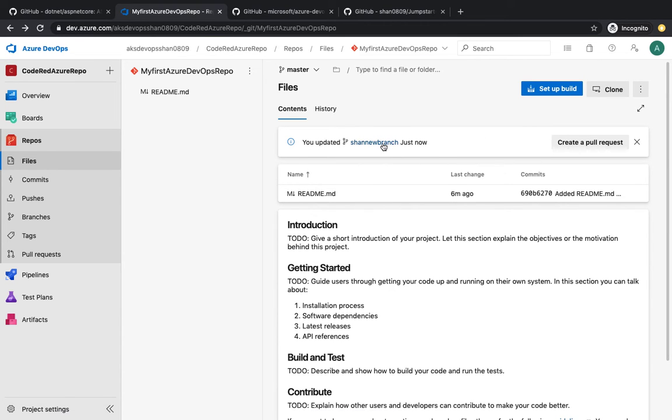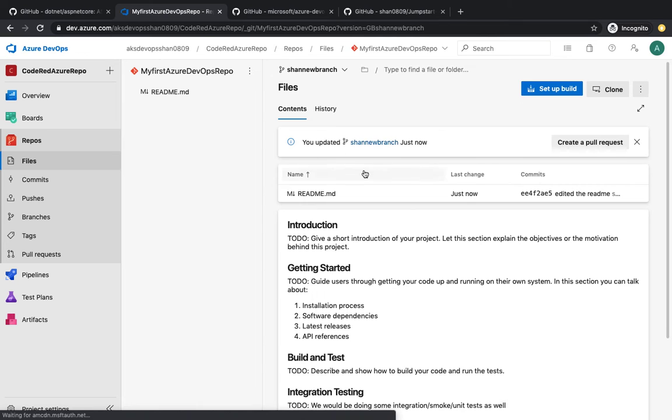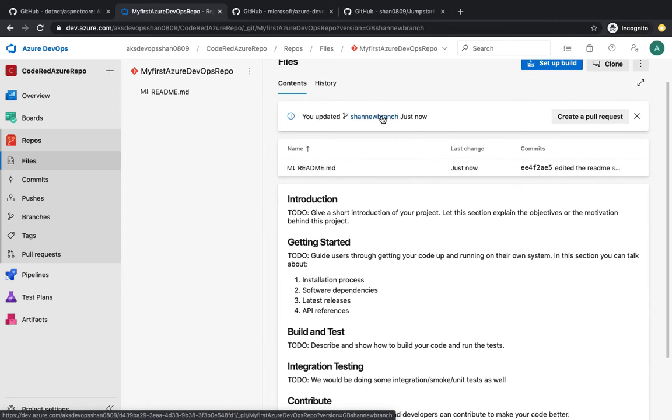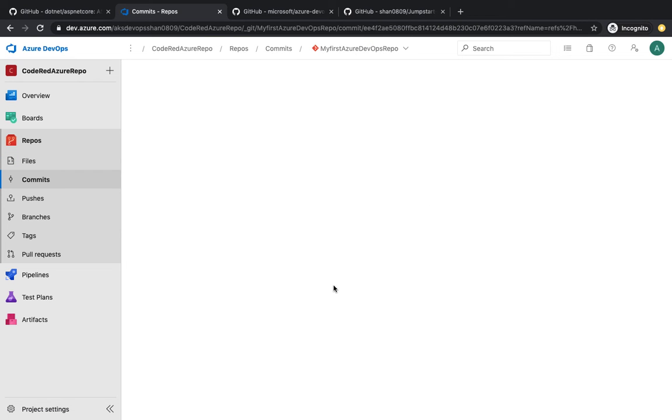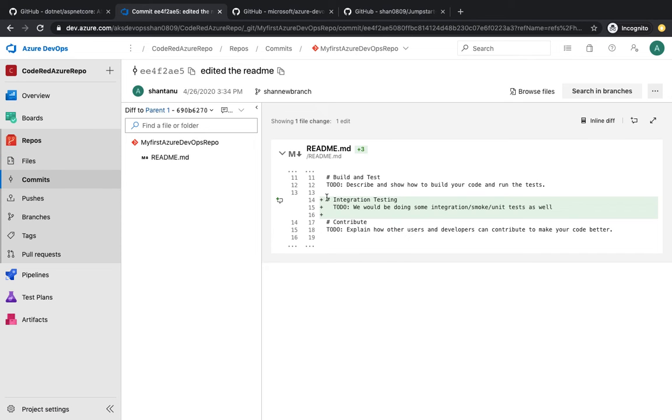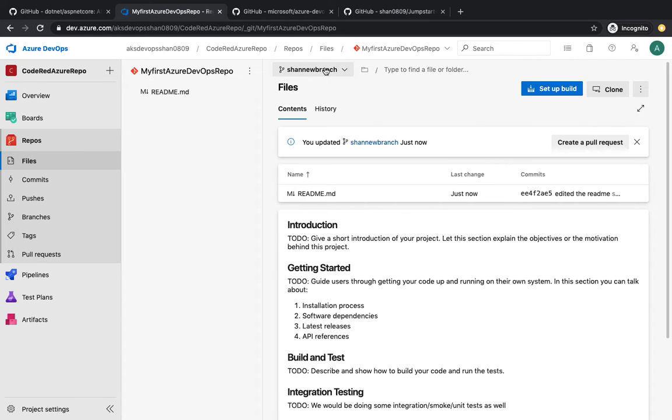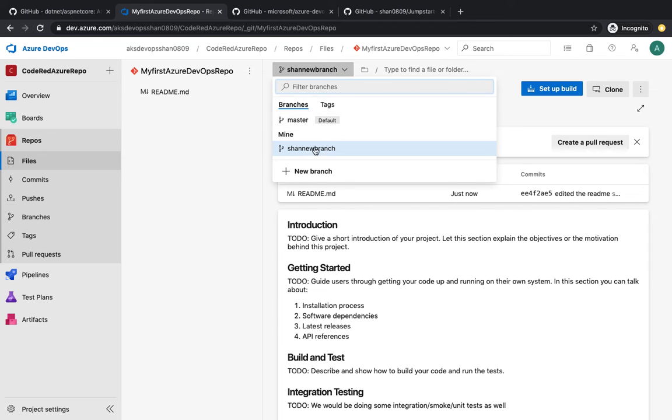You see that you updated a new branch, which is this, and you can go to the history and see what are the changes you just made. We would see that that's the change we did a couple of minutes back, and now our changes have been pushed on the repo. Alright, that was about making changes,